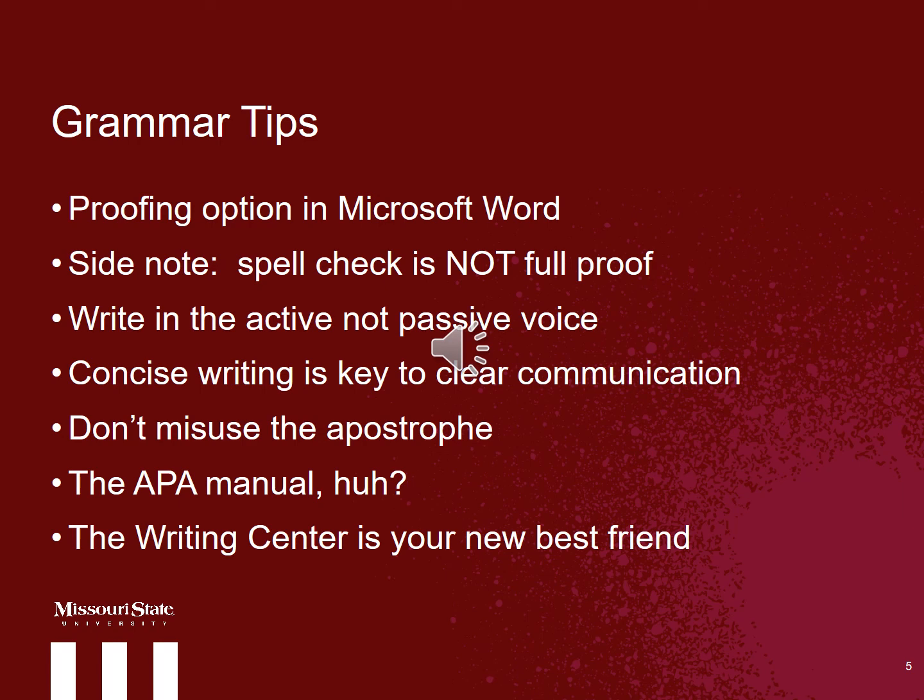The second to final thing I want to tell you is about the APA manual. For those of you who are in undergraduate education right now and who are using the APA manual, I highly recommend that you read pages 77 to 124 that discuss how to write clearly and concisely, because it discusses all these grammar tips that I just gave you and many, many, many more. So that is going to be something that you should utilize now, and if you get accepted into graduate education or undergraduate education, throughout your time.